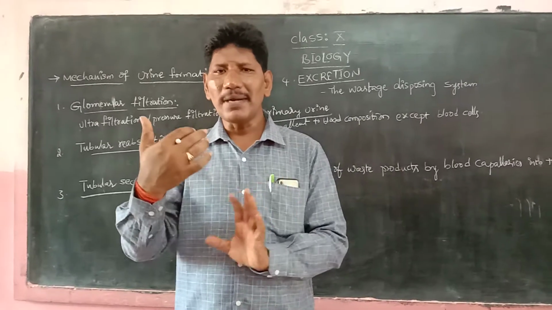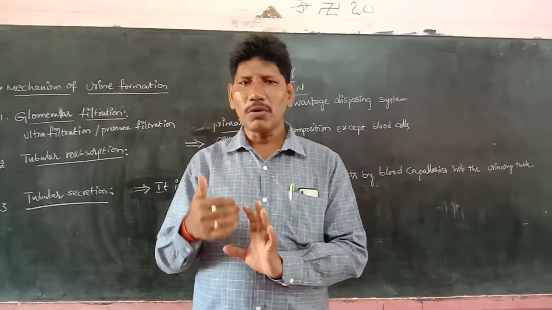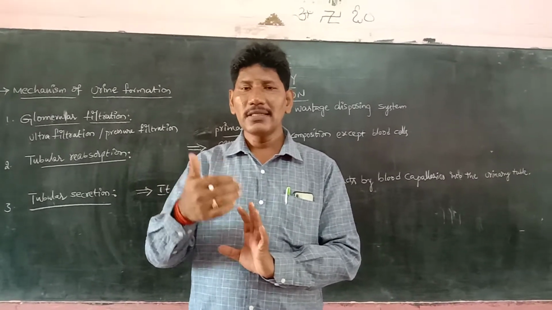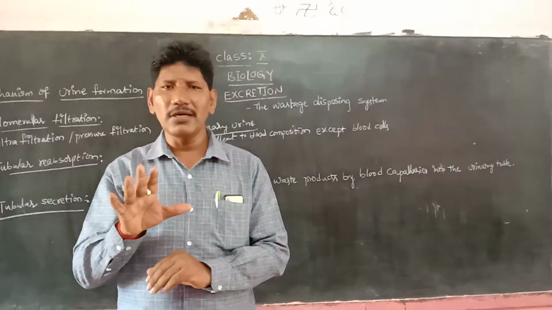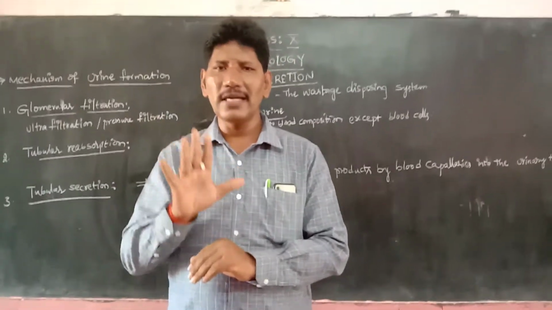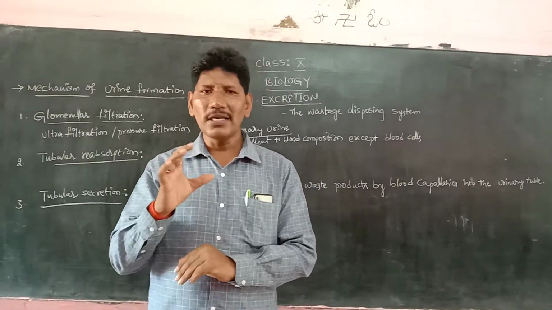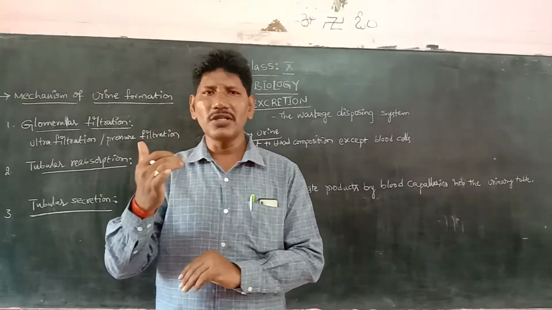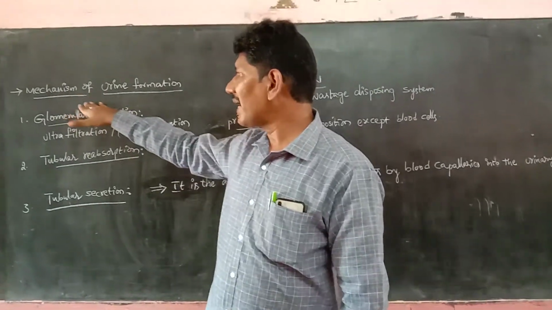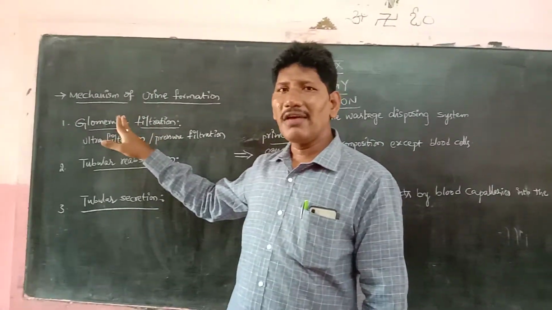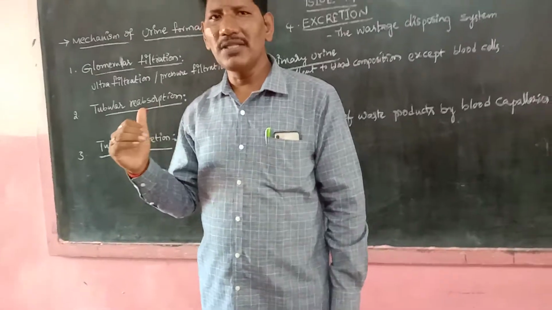You know that blood is circulated in our body. For example, within approximately an hour, nearly 3 times our body weight of blood is circulated. Of course, the human body has approximately 5 to 6 liters of blood in an average healthy adult, so a limited amount of blood is circulated within the body. Coming to the mechanism of urine formation, it has 3 stages.